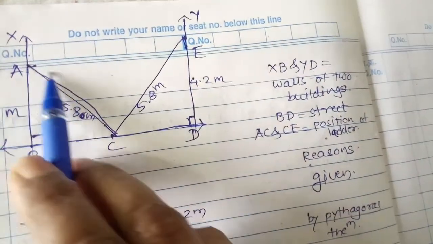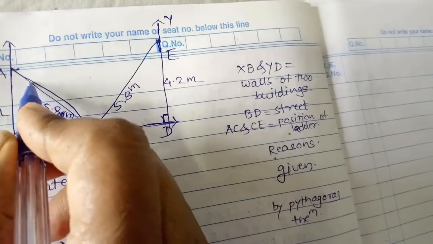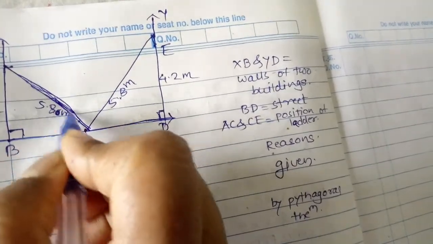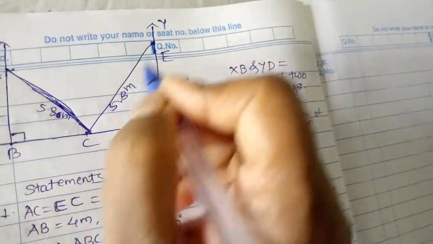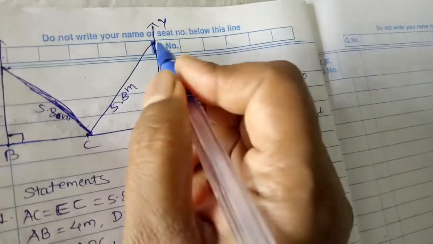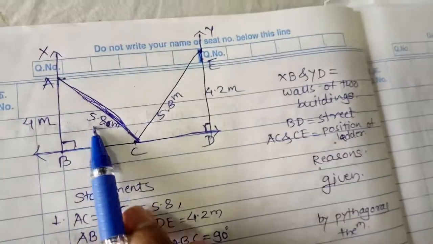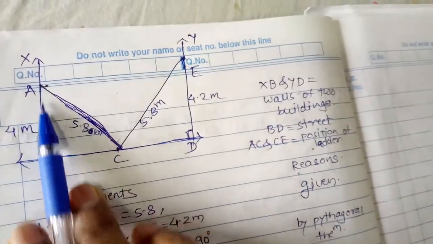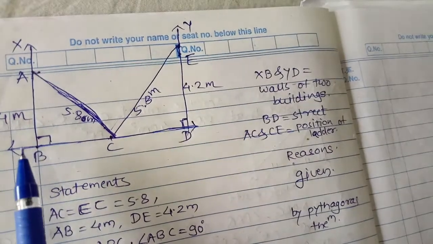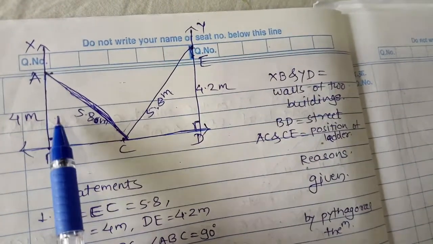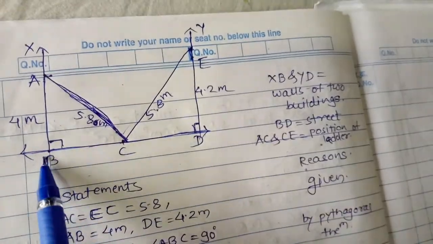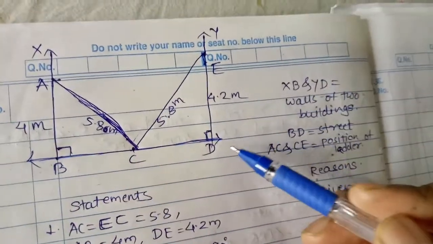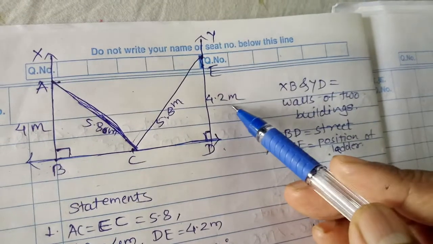पहले हमने ladder यहाँ पे ऐसा रखा था, थोड़ा सा लाइन ये हो गया, एक ही लाइन है, और बाद में उठा के हमने उस लैडर को उस साइड पे रखा था. So see the length of the ladder is same, that is 5.8. यहाँ पे जो है AB and यहाँ से A जो विंडो है वो 4 मीटर पे है, और इस वॉल की जो विंडो है वो 4.2 मीटर पे है.